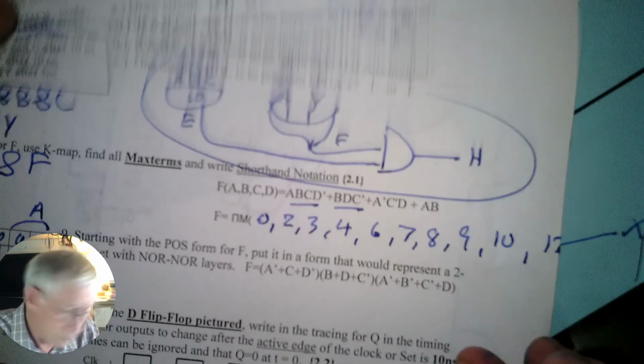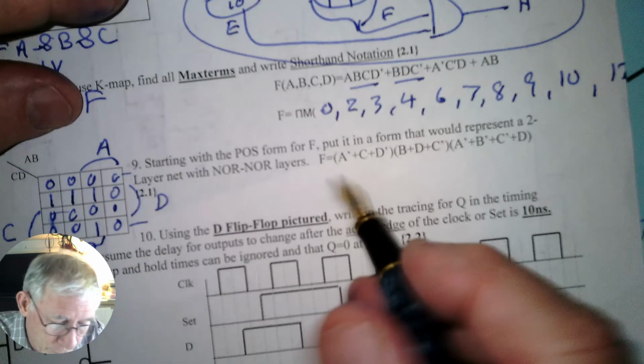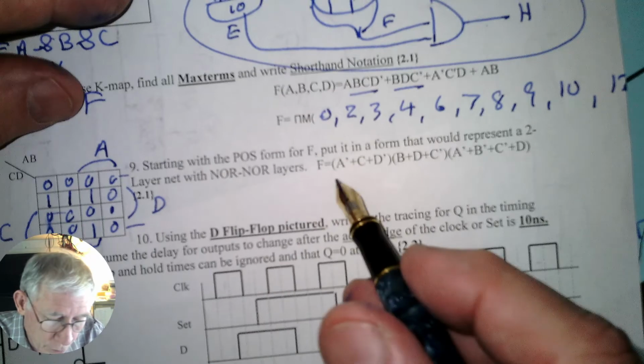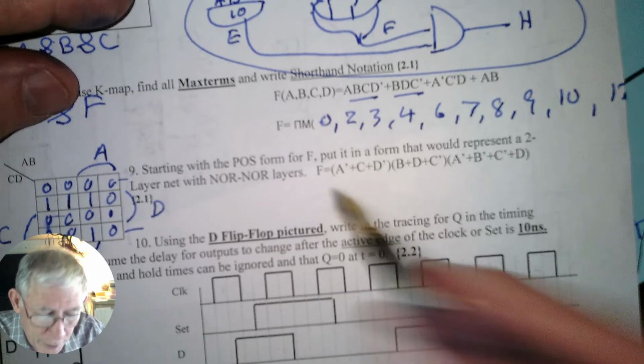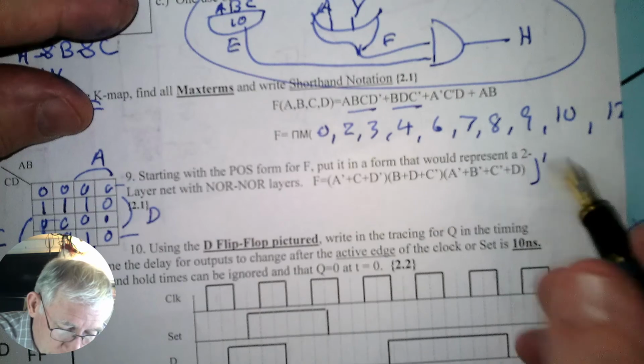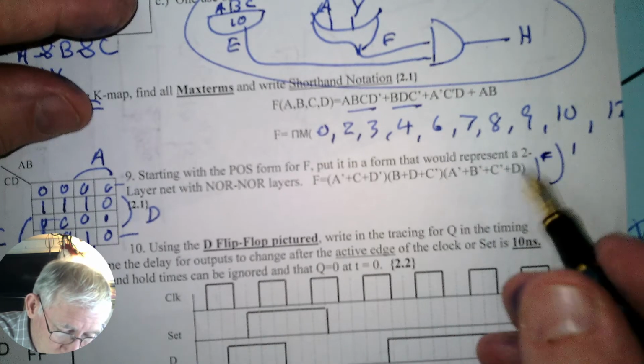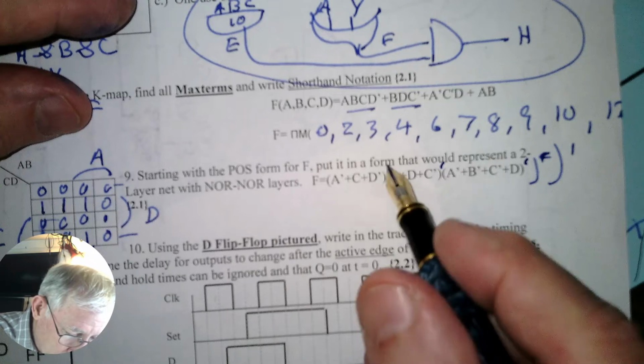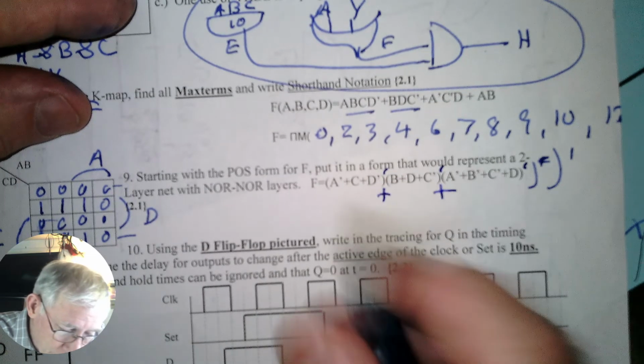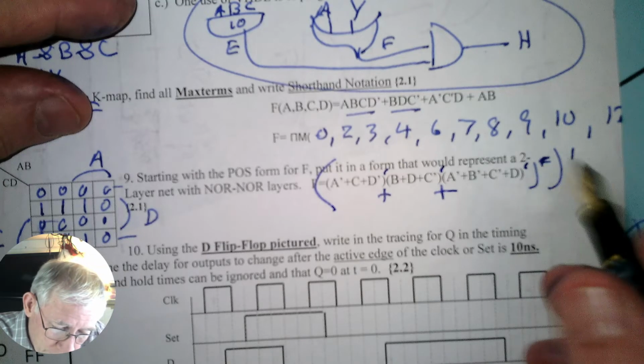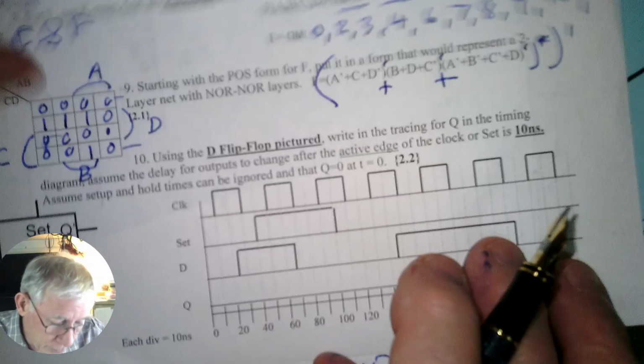All right, final one. We've been over this before, so I'm just going to do this. I hope you could see that. Okay, let's do the last problem. This problem is to convert this from POS form, which is OR and, to NOR. Well, you do a double inversion, you partially expand this inner one, which is going to give you tick marks on all these, and it's going to put pluses between them. And then you have the final big one that has a tick mark there. So that's all there is to that. You've done this before.